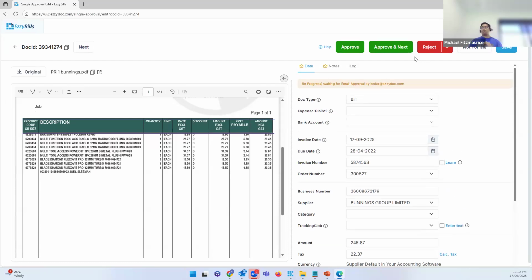I do have the option to do approve and next. What this means is if I just approve, I will still sit on the screen. If I click approve and next, EzzyBills will simply pop up the next bill in the approval queue. I can also reject if I want to, but if you're going to reject, I suggest putting some notes and then rejecting. Not for me simply means